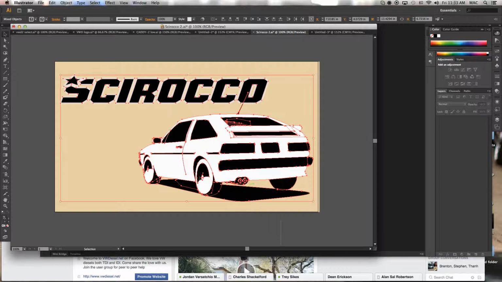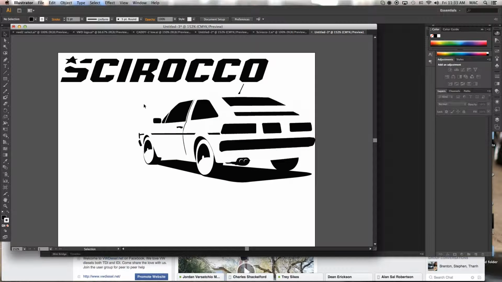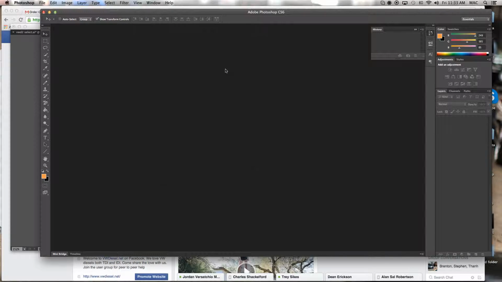So I just selected that, made a new document that was 9 inches wide, because that's what I usually print on, and then copied the design files onto that, and then I exported it as a PNG file. So this is that PNG